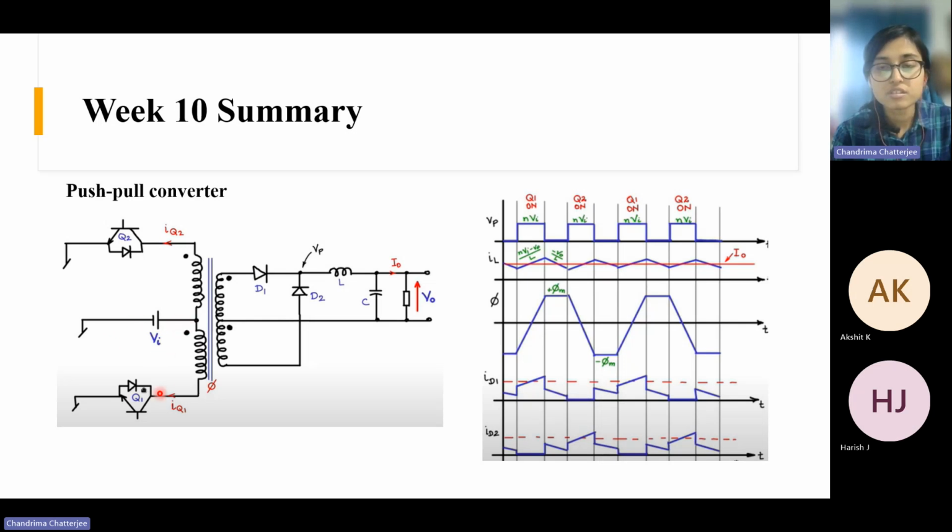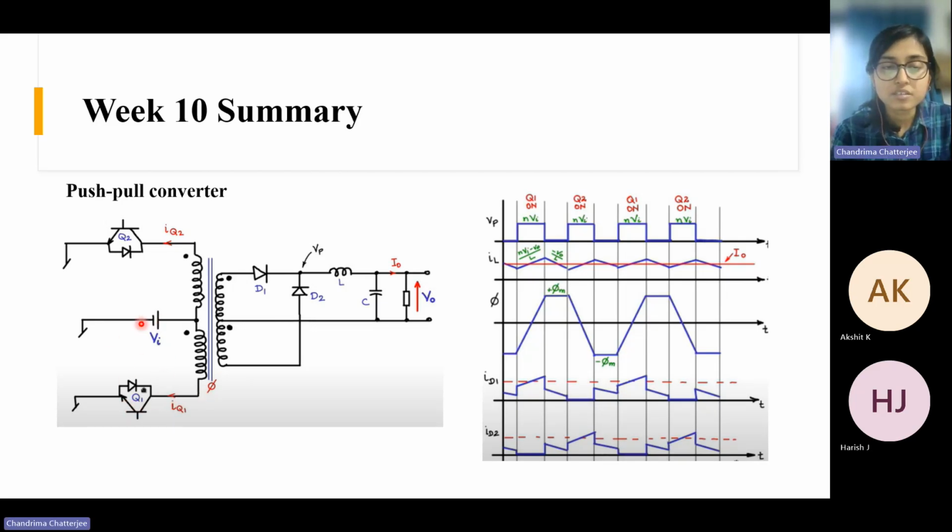So suppose we have taken some instances. If you see on the right hand side here, the waveforms are shown. So we shall discuss one by one. But firstly, we have divided the total time period in certain intervals. Let's see the first interval where Q1 is on. This semiconductor device is on. This transistor is on. When Q1 is on,